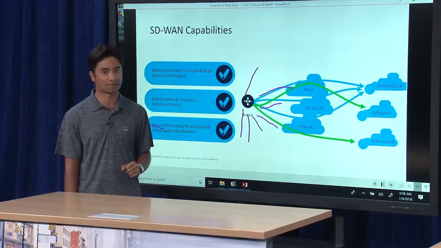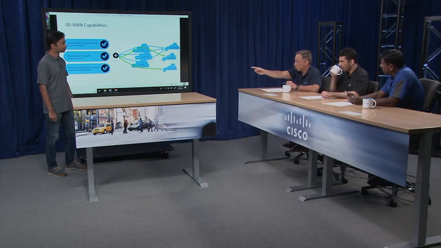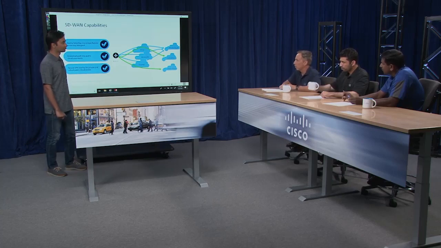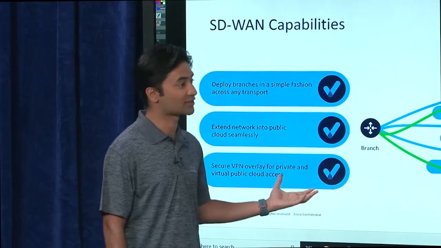Visibility for all of this infrastructure. And I guess there would also be some internet edge protection for your branch routers that connect directly to the internet. There would be some type of access control list capabilities or firewall. So the branch itself is fundamentally a full-fledged router in SD-WAN.